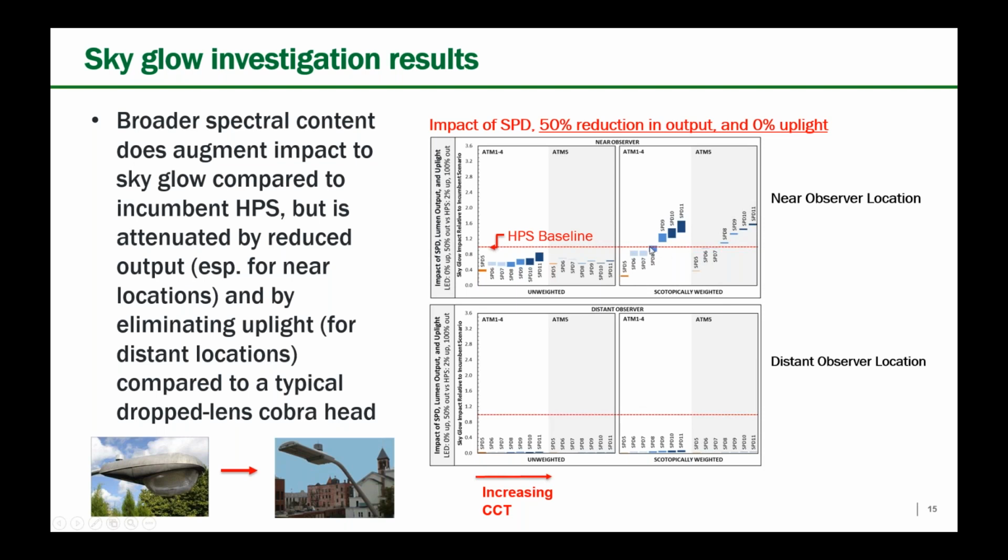That's when you start to see, relative to the high pressure sodium baseline, some increase. These are not being commonly installed in the United States. And even this impact is focusing only on the effects specific to the human eye, i.e. we are looking at the scotopic